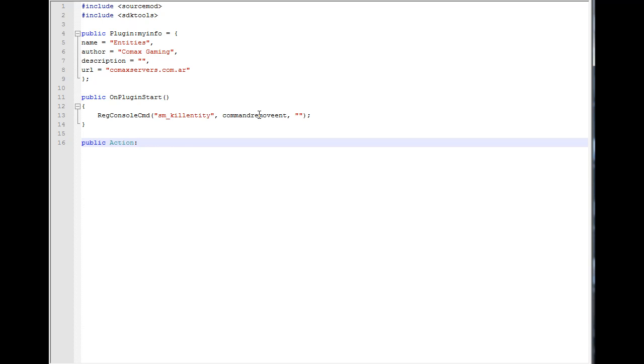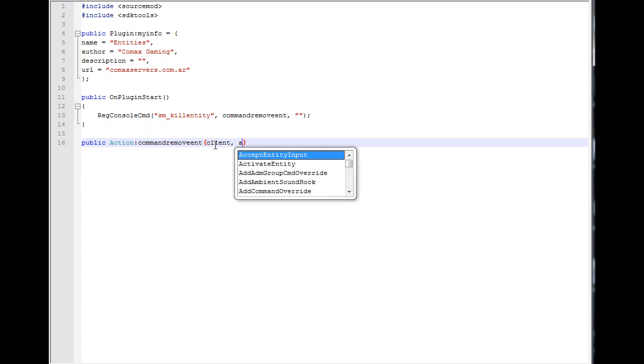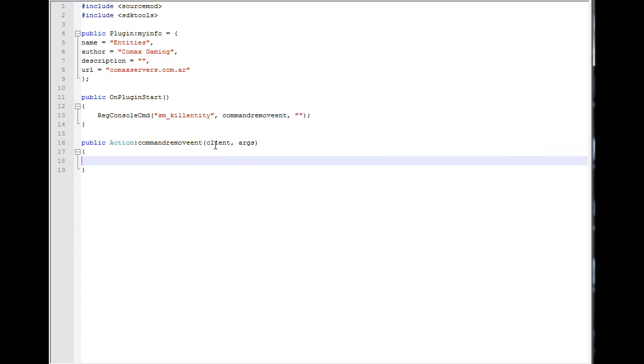We're going to copy and paste this because I really don't feel like typing. And we're going to say, as always, client and the args. Great. Now that we have this, I'm going to add the return, just because it's easier for me. Plugin_Handled,